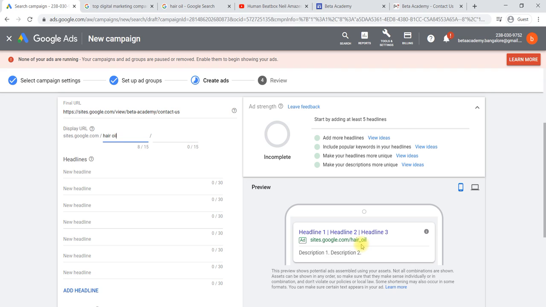You can use the display URL in two ways. Whatever is written in the display URL will be shown here after your site name.